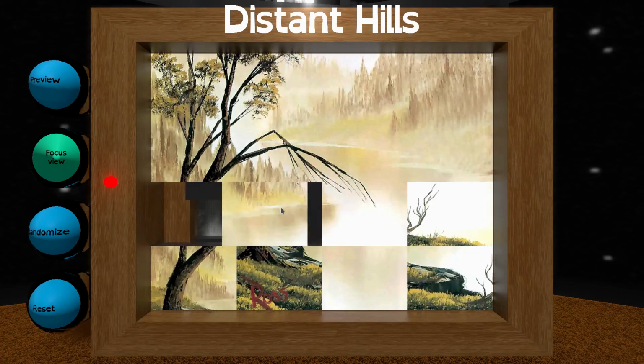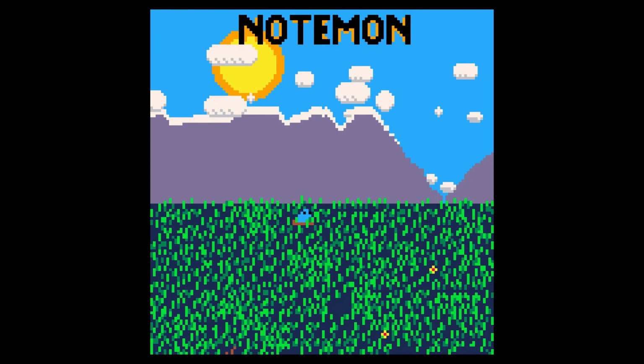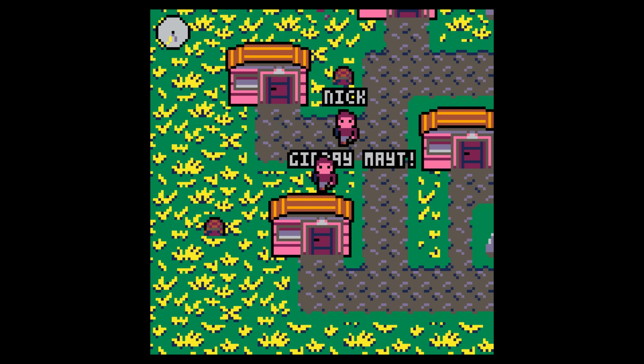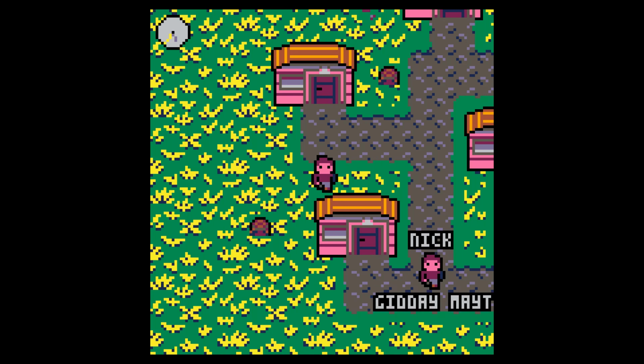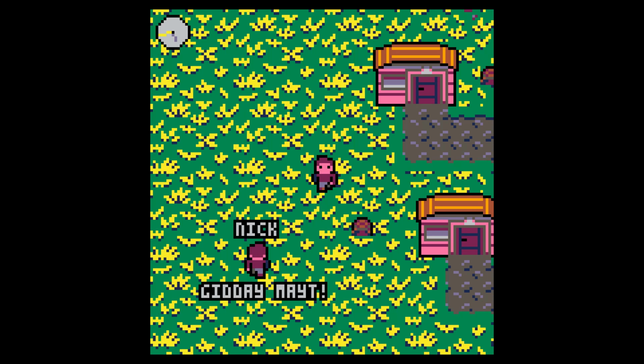Since I've finished working on Bob Ross, it's back to work on Notemon. Of course, I'm still working on the NPCs. I got driven a little bit mad at one point by an error that made my NPC just disappear off the screen completely. But thanks to Akeboshi Wind on Reddit, who suggested it might be a divide by zero error,